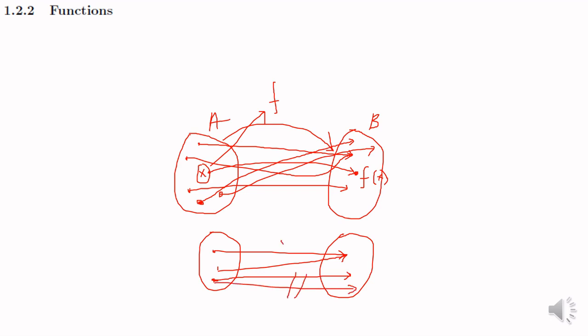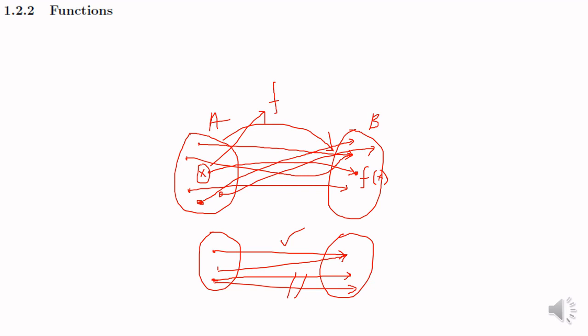This can happen. So a function f from A to B is a rule which assigns to every element of A a unique